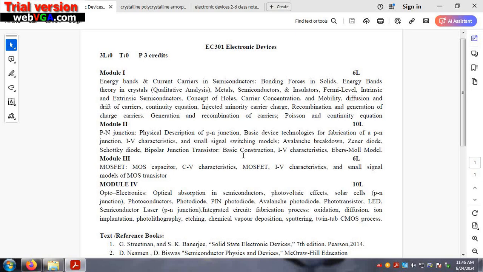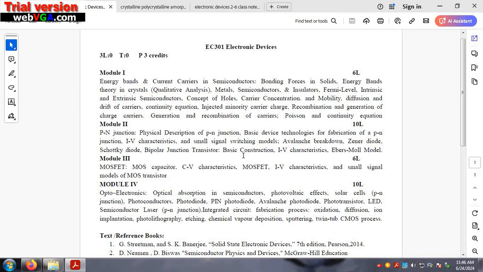Under this module, first you have to learn PN junction, that is the physical description of PN junction, basic device technologies for fabrication of a PN junction, IV characteristics and small signal switching model, different breakdowns, that is avalanche breakdown, Zener breakdown, then different diodes, Zener diode, Schottky diode, and after that once again the application of a semiconductor